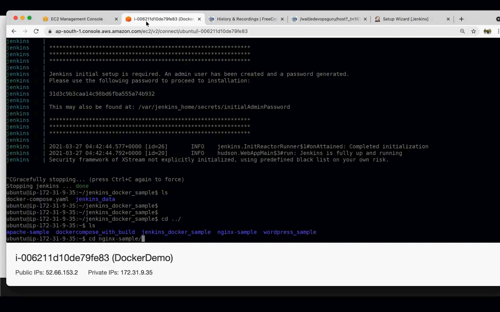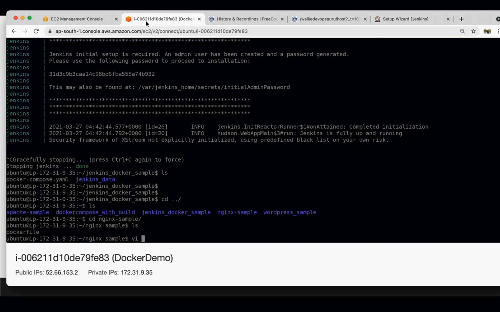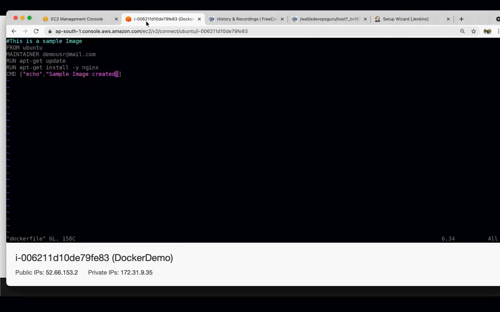Nginx is very much similar. This is just a Docker file. If somebody asks you to run Nginx, then it can be done in this way. Take the Ubuntu base image. If you are using Ubuntu, you can take Ubuntu. If you want to use Red Hat, you can also use Red Hat, or it can be CentOS. Then it will install Nginx, and it would be just up and running.